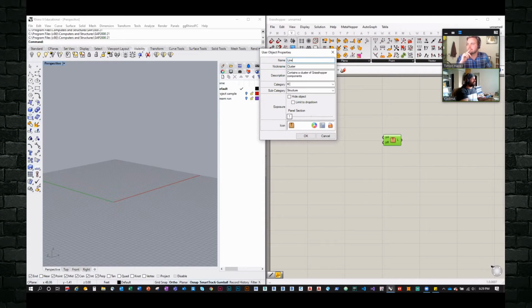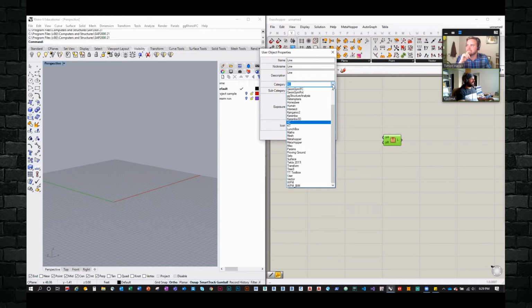So I'm just going to creatively name this line again, and line one more time. And I'm going to categorize it under the KC tab. I can categorize this under any of the tabs that are available in your Grasshopper window. And I classified it under KC, Kansas City. And the subcategory is structure. In this case, I'm going to call this YouTube live stream.